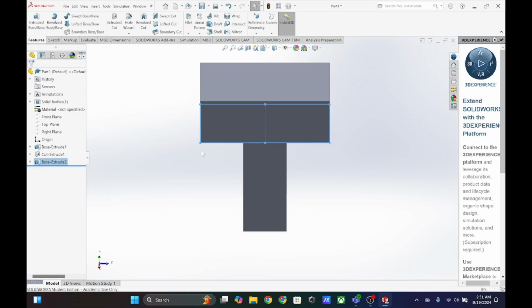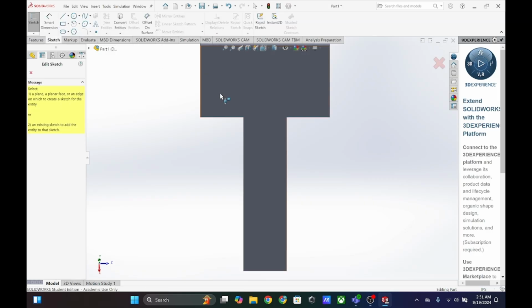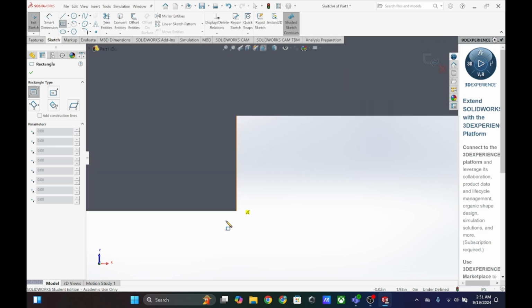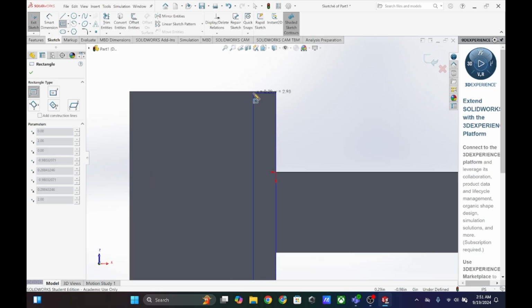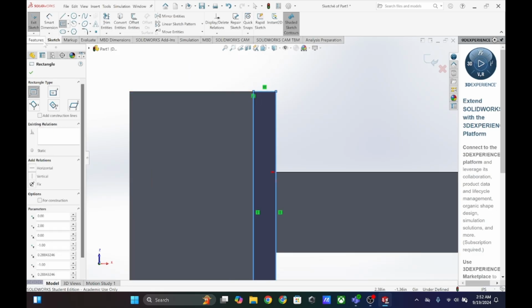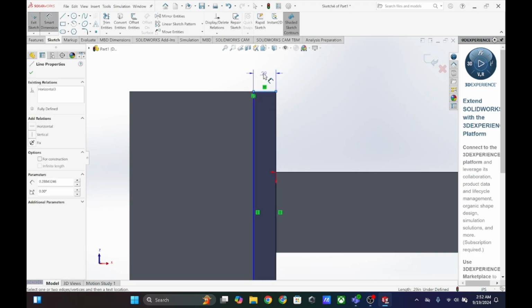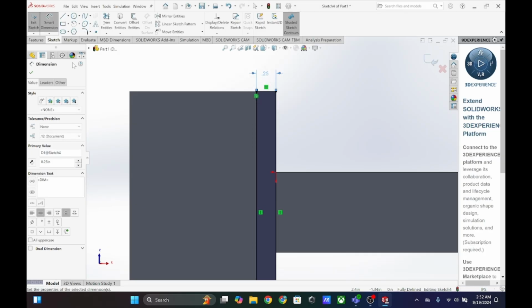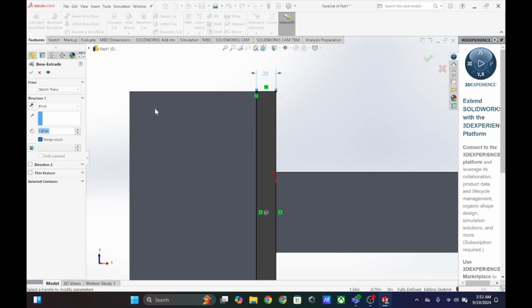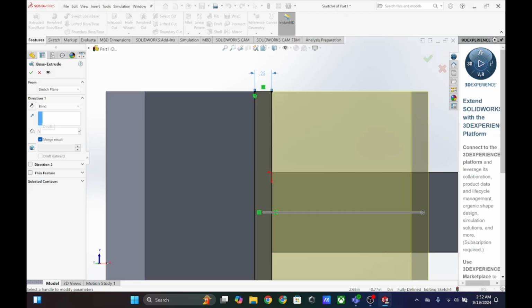Now we are going to add in our kind of specimen dish. So let's do a sketch on this surface here, where we will do a rectangle from this end all the way to this end right here, just making sure that we are connecting everything like so. Let's then smart dimension the length of it to be 0.25, just like that. Now we can extrude both spaceless, making sure it's in the right direction. It is to be 4 inches long,